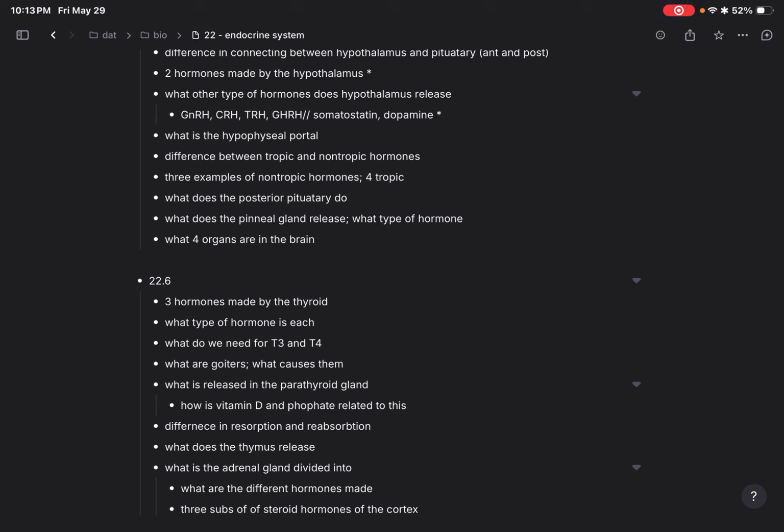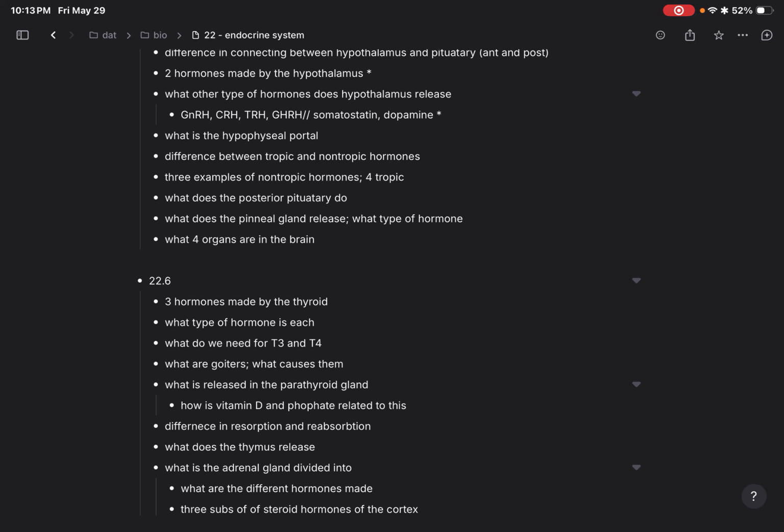What does the posterior pituitary do? Why does it sound like there's a bee? Not too sure. Anyways,